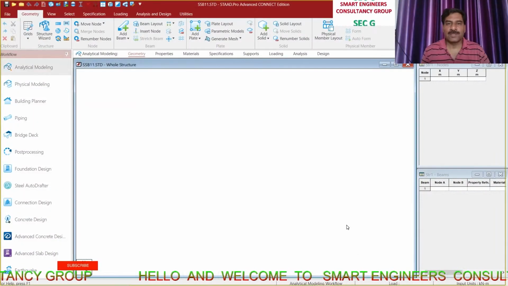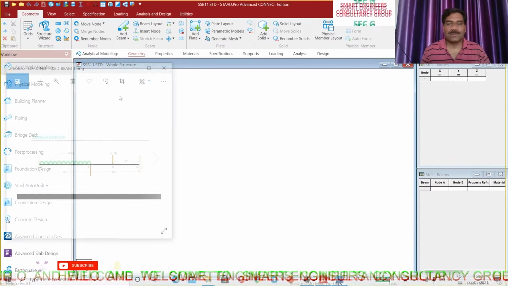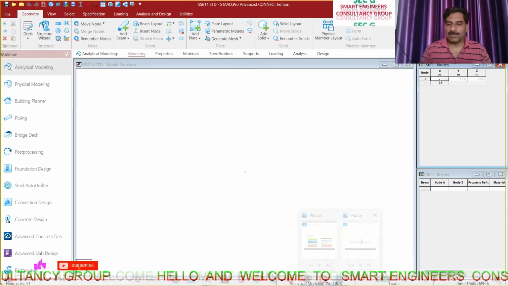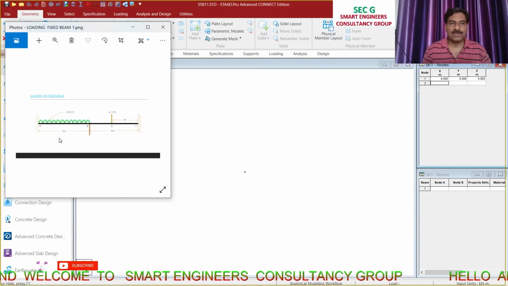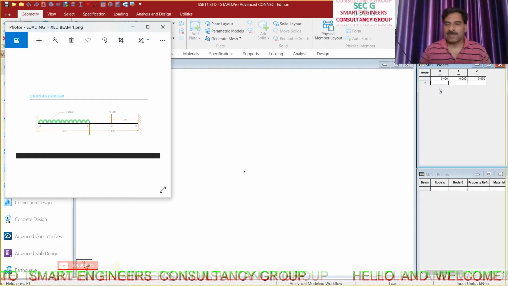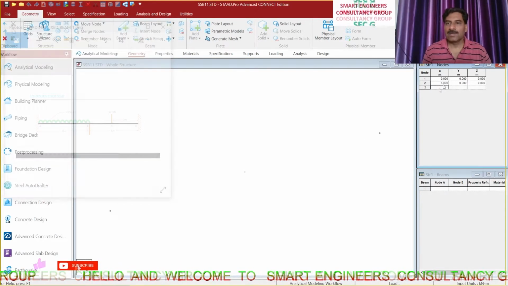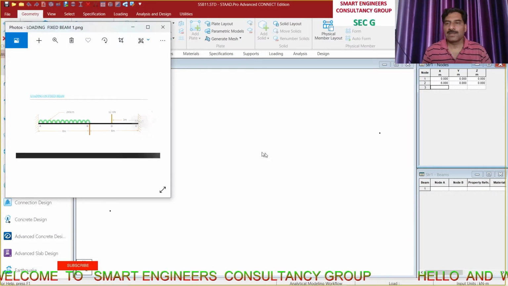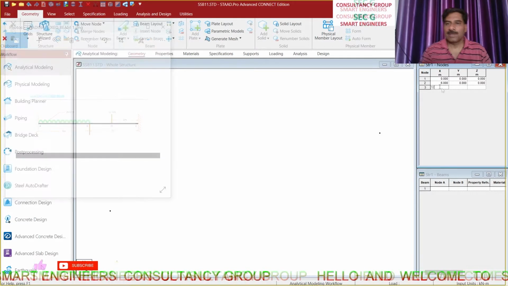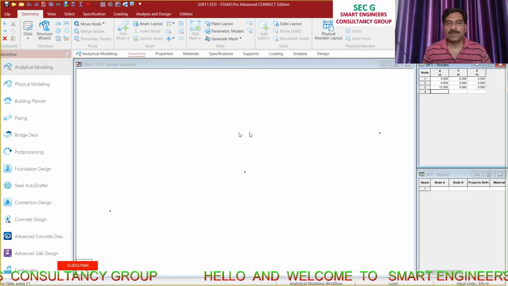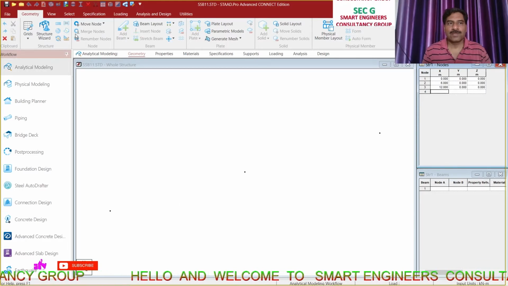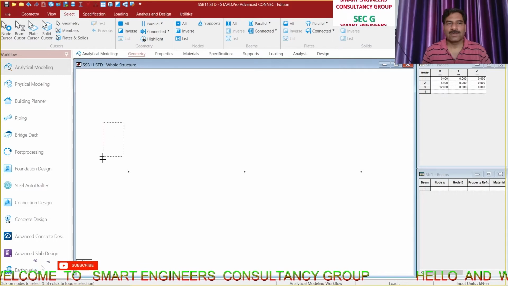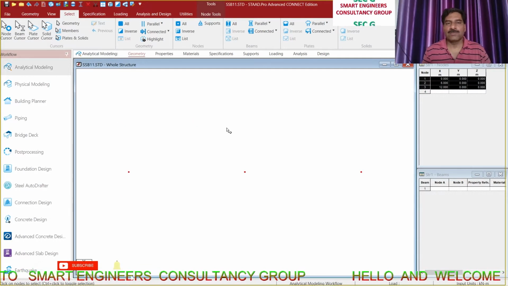Now here we have to create a beam. You can see here we have to give coordinates. So first of all I will give the coordinate as 0 0. After that, you can see 6 meter length is given, so I will give the next coordinate as 600, and again, as you can see, the third coordinate is 12 meters distant, so I will provide here 1200. Now you can see three coordinates have been created. So now you go to View, go to front view, go to Select Node, and select all three nodes.